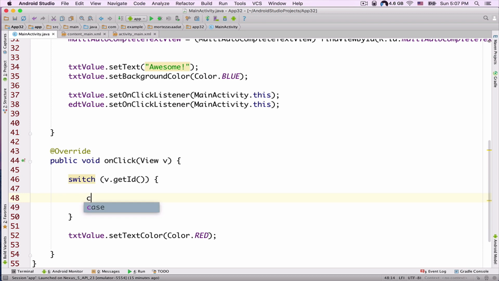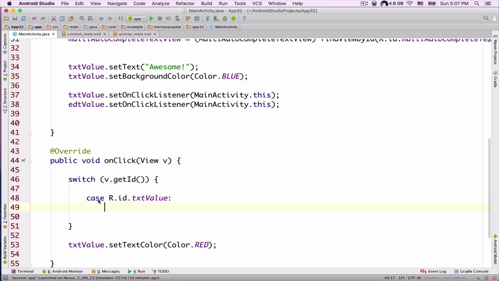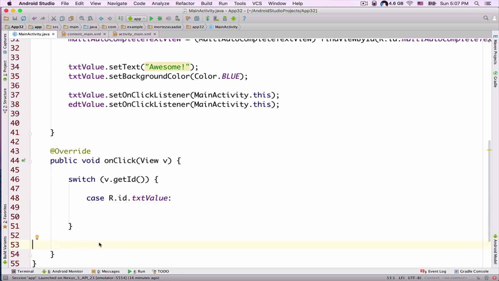Now I can actually switch between the IDs of my user interface components. So case R.id.txtValue colon, and then I can actually put this code here. I can cut this code and paste it here, and I can just put in the break statement here. And I can just put in another case here, case